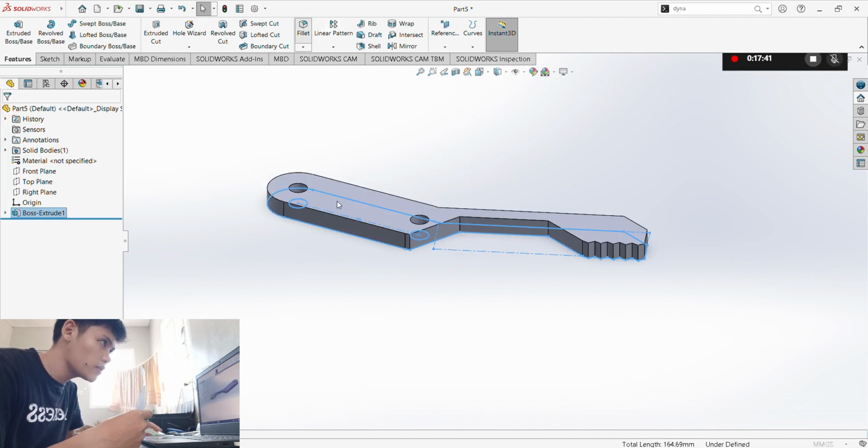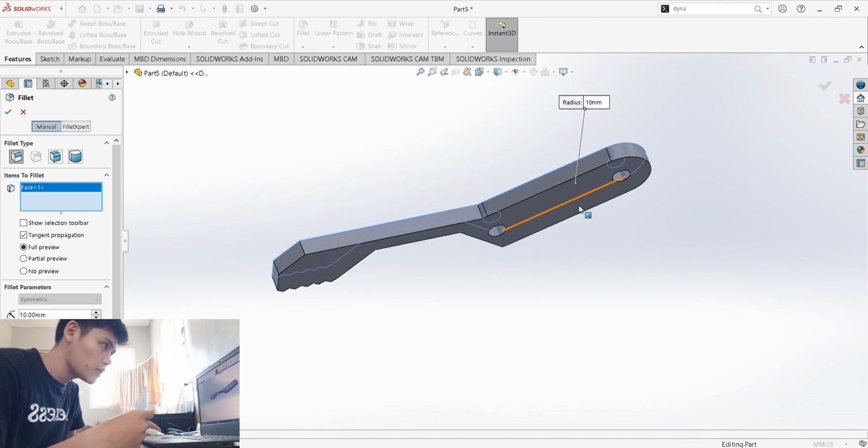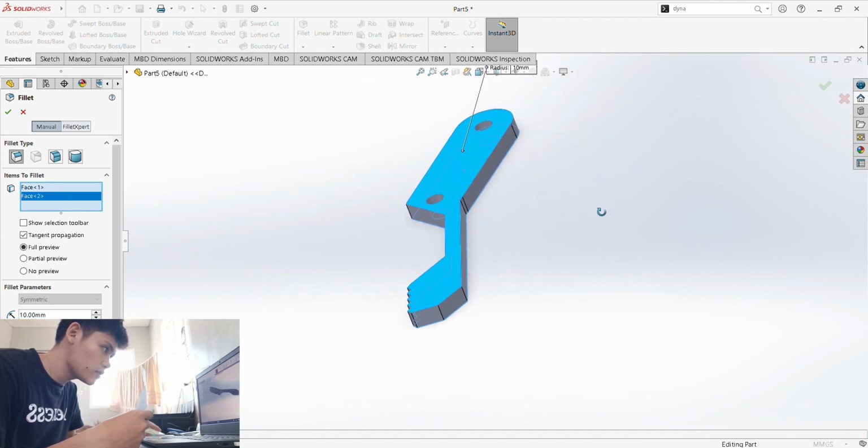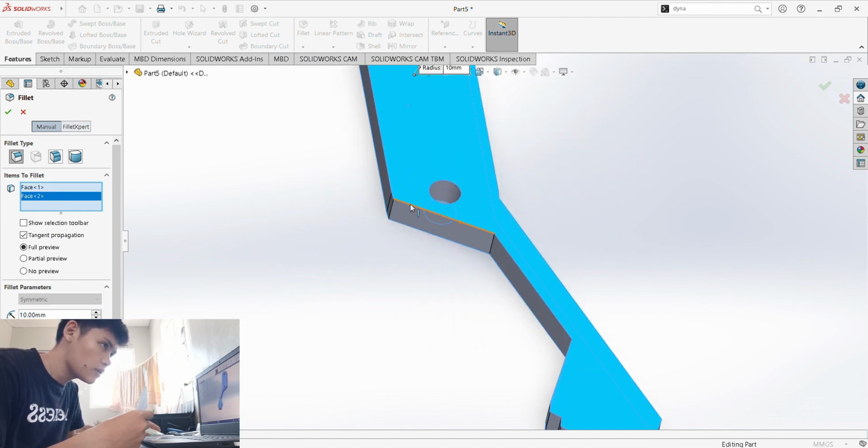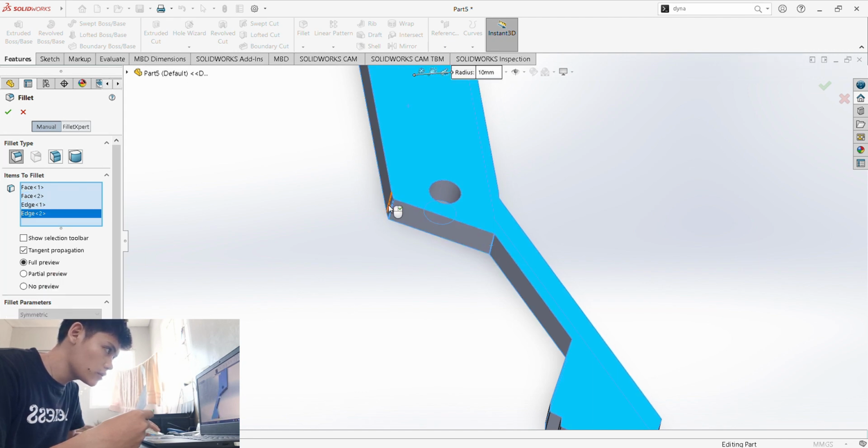Then go with fillet, then select the surface, and then also these corners right here.